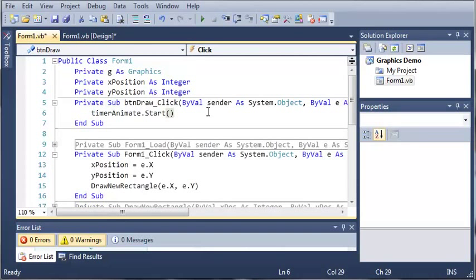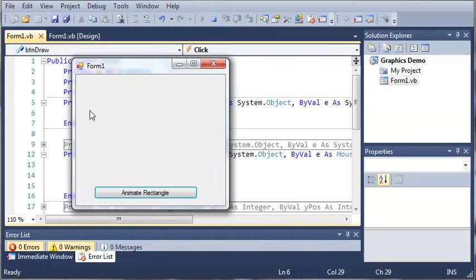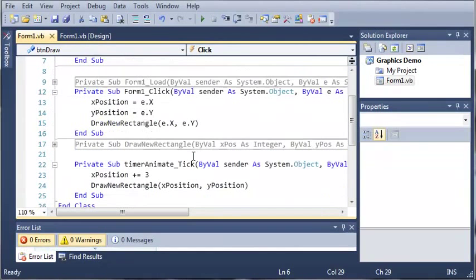We'll go ahead and run this. We can click somewhere on the screen, and you can see that we got our square, and when we click animate rectangle, the rectangle starts sliding across the screen. But once it gets to the edge of the screen, it goes away and it never comes back. So what we can do to fix this